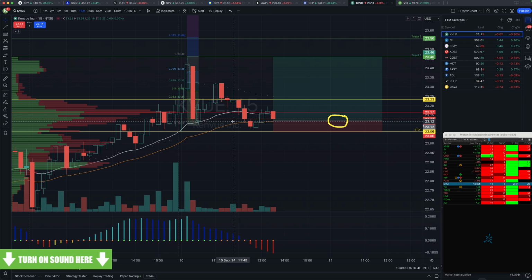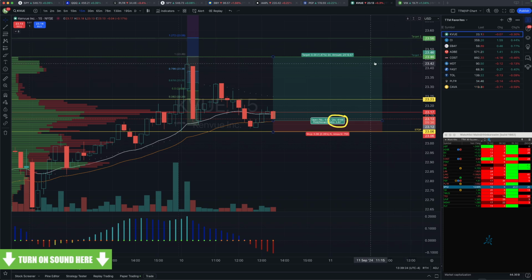at about $23. So I have a stop level, I have a buy level, I have 2 targets, and so target number 2 would be, I'd take the bulk of my position off at target number 1. I could leave a trailer on for target number 2 if I wanted. I know what my risk reward is, so now I'm going to come over to